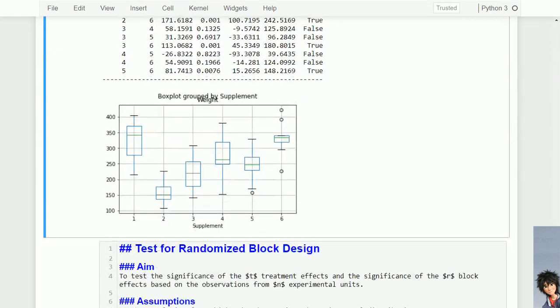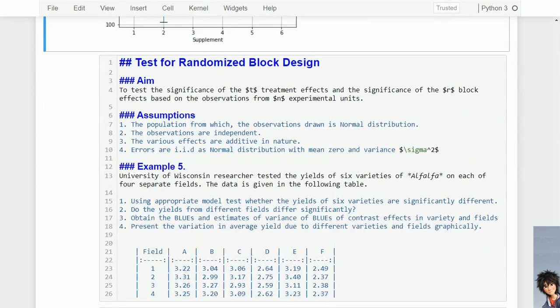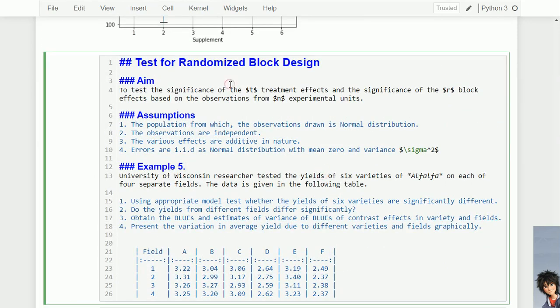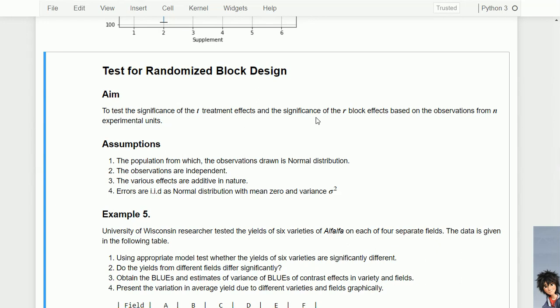Okay, let's move to the RBD design. For the RBD case, we have treatments and blocks. The null hypothesis is mu1, mu2 up to mu-k are the same for the treatments, and for the blocks also, beta 1, beta 2 up to beta b: if there are b blocks, the mean effect is the same.